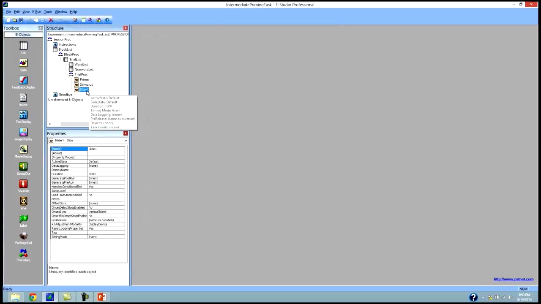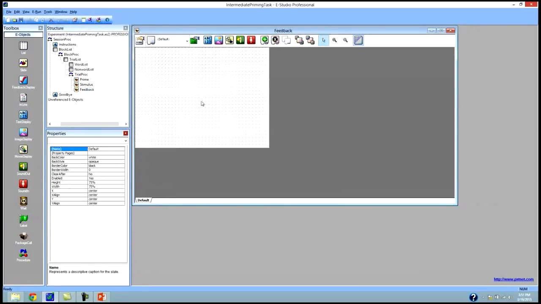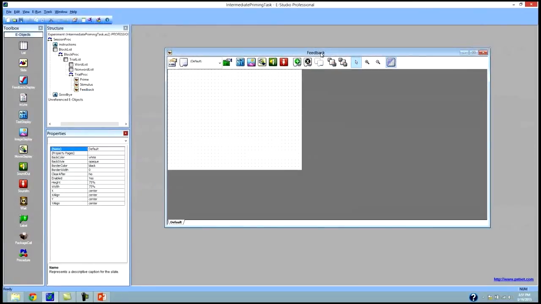Let's rename this object from slide 1 to feedback and hit enter. Now let's double click on it to open it. Now this object here is pretty blank. It's not exactly the kind of feedback that we want, so let's edit this to actually be something that we want. Now, if you remember the feedback display object, it cycled through different slide states to display the type of